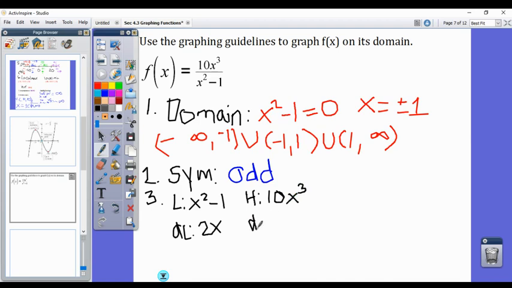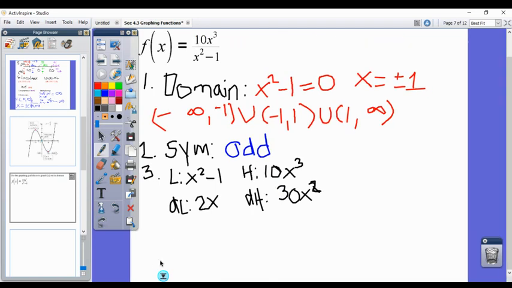Derivative of the high is 30x squared. Okay, so we're going to do low d high minus high d low, draw the line, square the low. So if I do that, I'm going to get